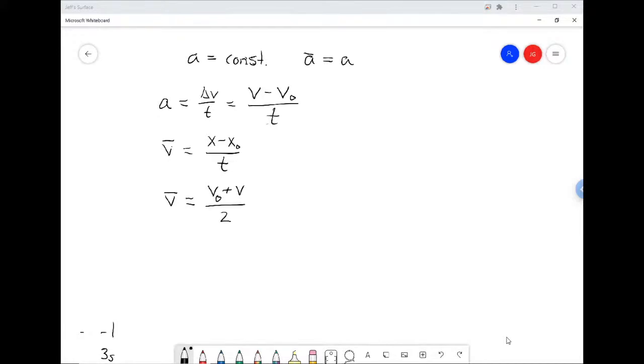So what I'm saying is another way you can write the average velocity is just what it was when you started, v naught, plus what it was when you ended, v, divided by 2. And so if we call these our first principles of